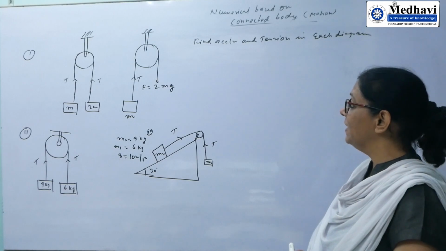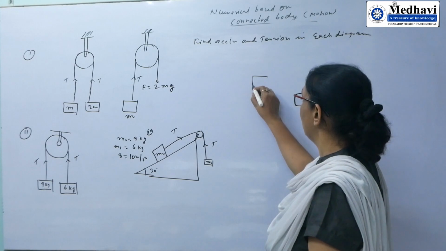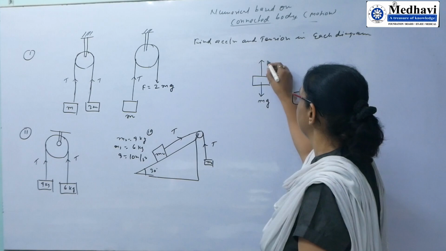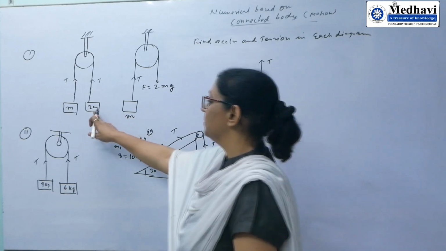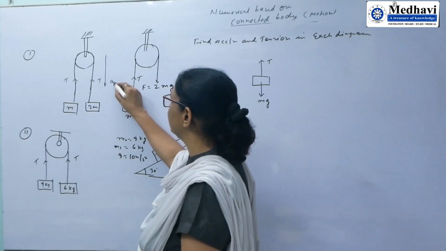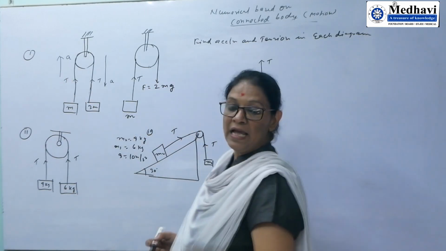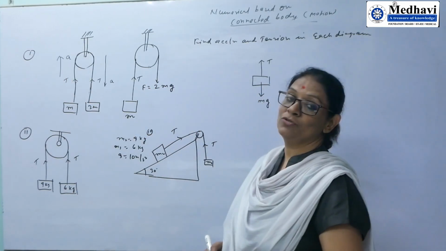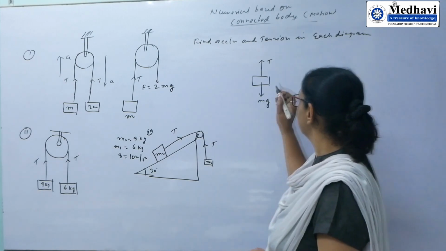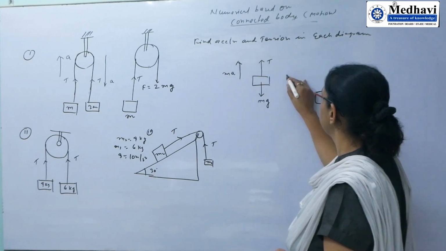And then second is FBD. So first we draw the FBD of the first question. First block, that is M. Here the force of gravity mg and tension T. This 2M is more than M. So we will assume that this body is moving downward and this body will move upward. As the two bodies are connected, they will have a common acceleration. So the body will move up, so here it is M into A. And for the second body,